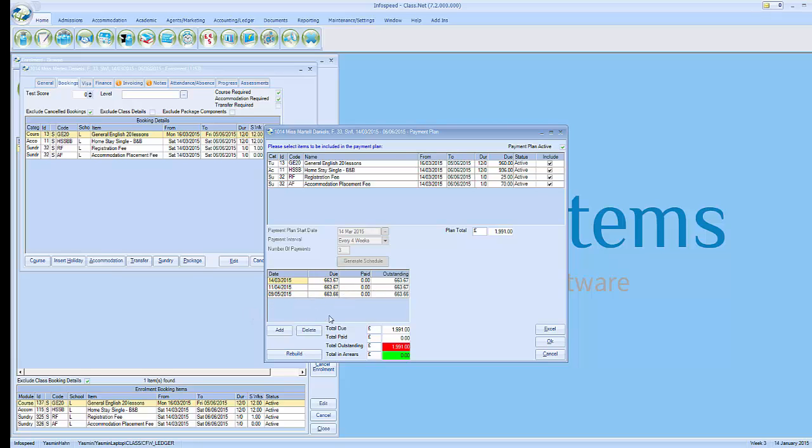If you wish to remove the plan, you can delete all the payment items using the delete button and then select Generate Schedule. So if I highlight each line, select delete, so you can now regenerate a new schedule. So I'm just going to leave this as it was, so I'm going to just select Generate Schedule again to get our 3 payments. So if I select OK,